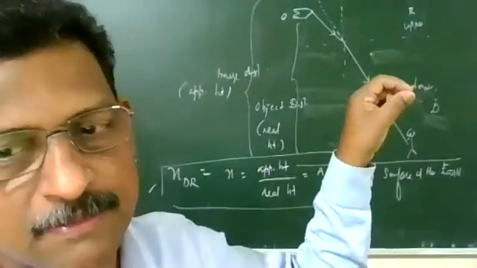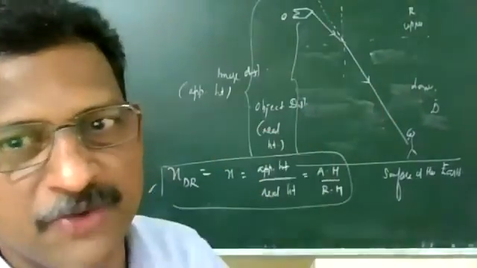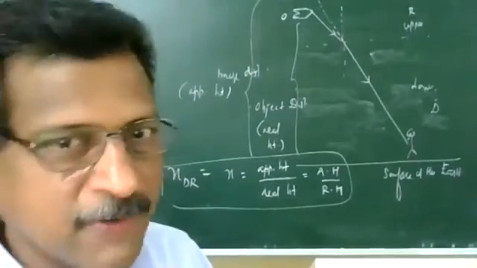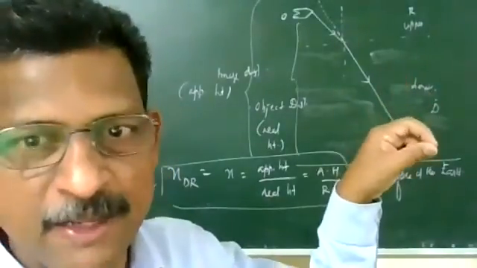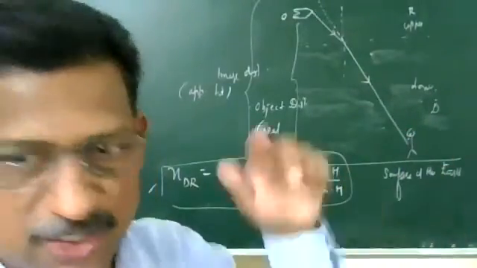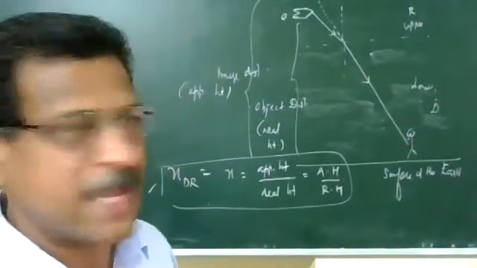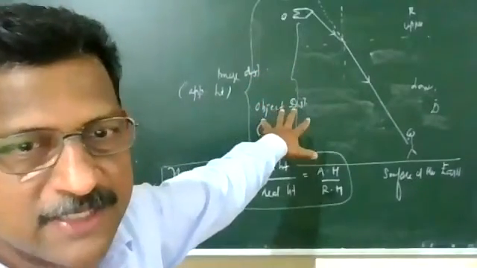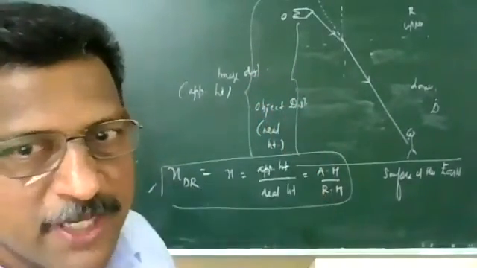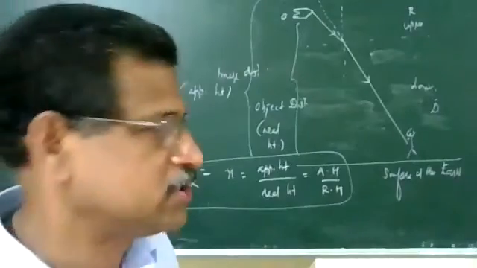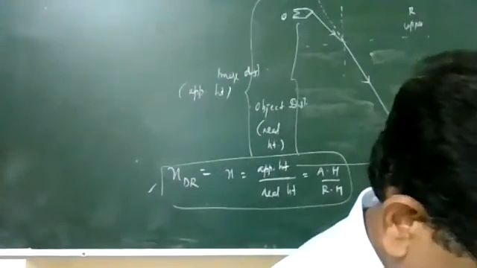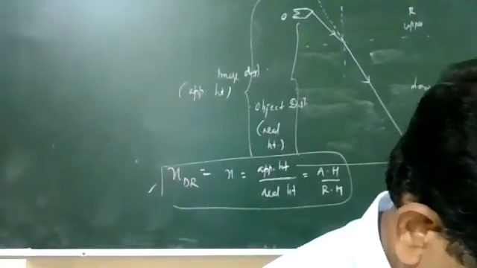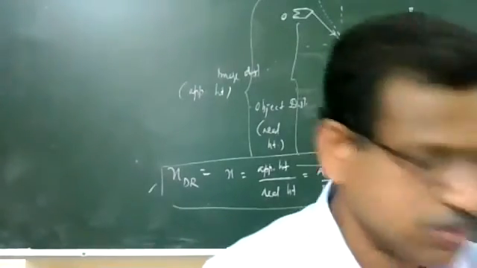So the object is the fisherman. The observer is the fish. The observer is in water, that is a denser medium. The object is the fisherman, that is in the air medium. So refraction is from rarer to denser. Just draw the diagram. Exactly the same kind of diagram will be there. So again, the image distance will be greater than the object distance. All of you try to draw this diagram. So this was a board question.